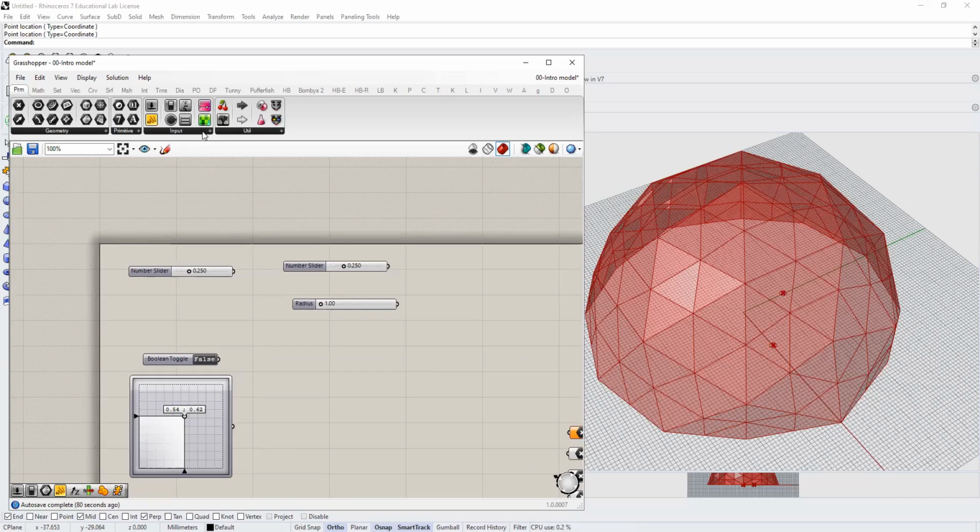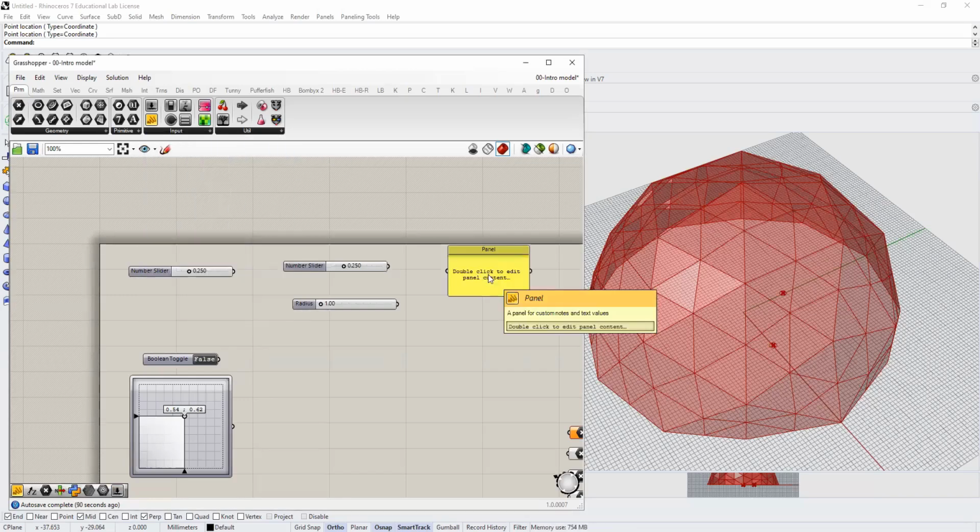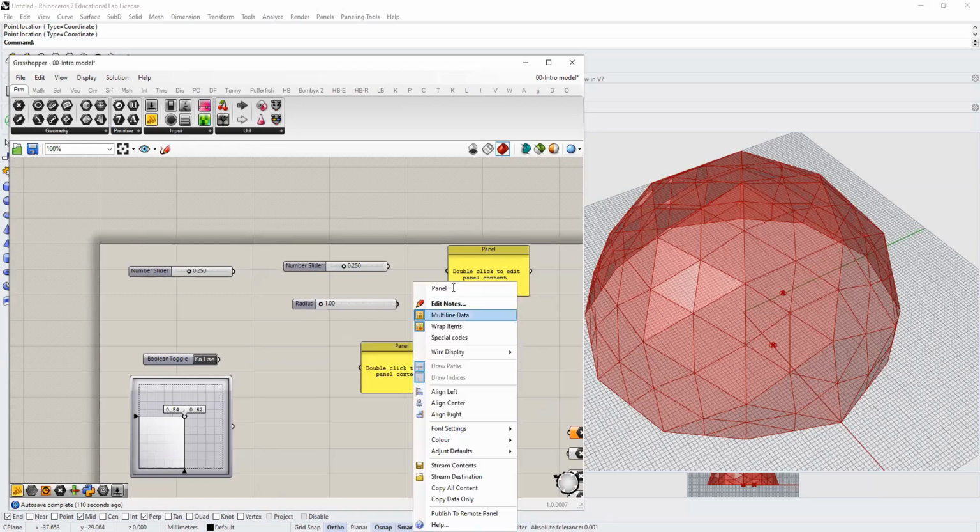There are also other input parameters, like, for example, panel. Panel, again, is a very commonly used parameter. You can just, again, drag and drop the panel onto the canvas, or you can double click on the canvas and type // and then hit enter. Again, like sliders, you can name the panel. For example, you can say the list of center points,